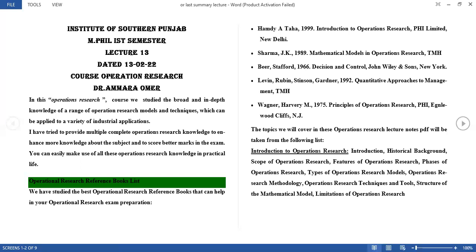In the introduction of operation research, we have gone through its history, its background, its scope, and its phases, which are: first, to understand the problem, and then to define the variables. After defining the variables, formulate the problem into a mathematical form, then define the objective function, then define the subjective constraints, and then give the non-negativity of the constraints. We have also gone through the research methodologies, operation research techniques and tools, and the structure of mathematical models and